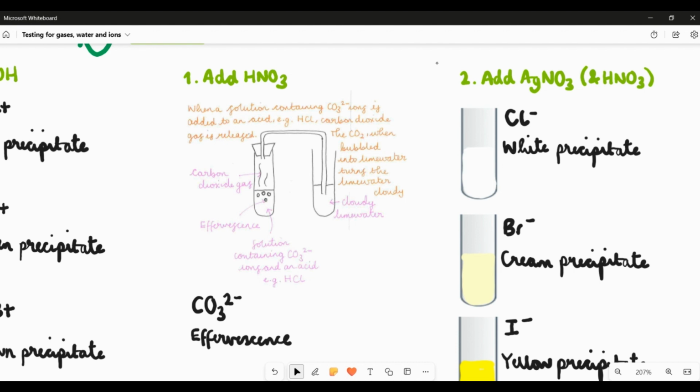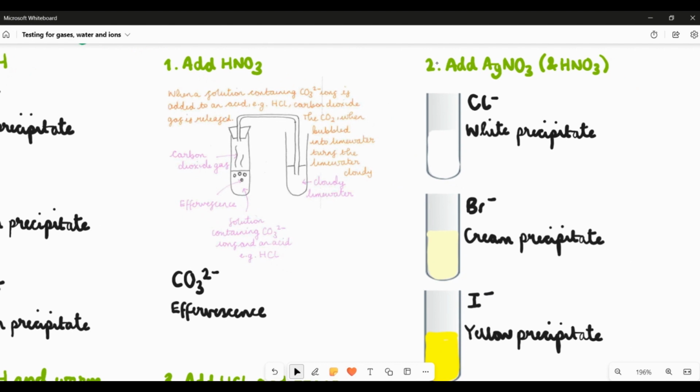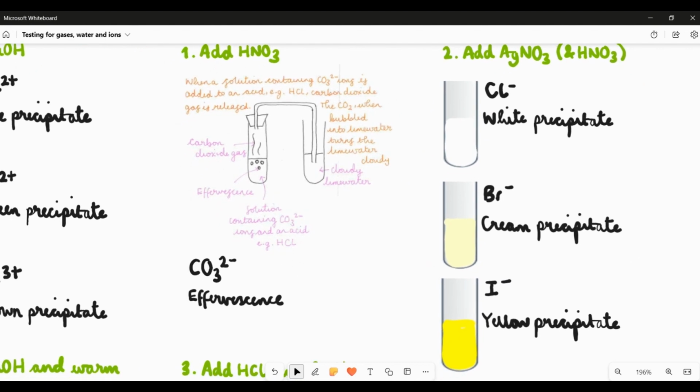When we add the silver nitrate, we are looking for 3 different coloured precipitates. If it's a white precipitate, chloride ions are present. If it gives us a cream precipitate, bromide ions are present. And if it gave us a yellow precipitate, iodide ions would be present. Now again, if we have not recognised any of those 3 precipitates, then we need to move on and do